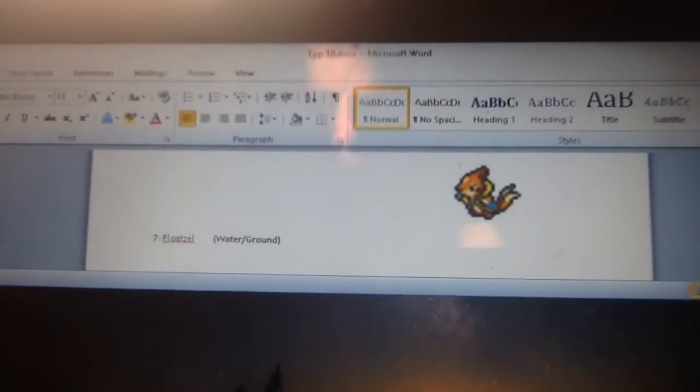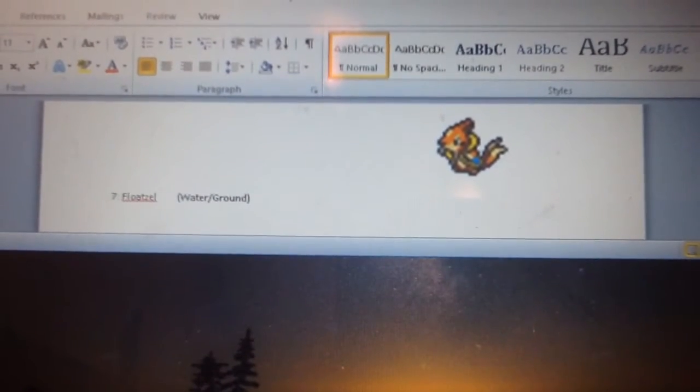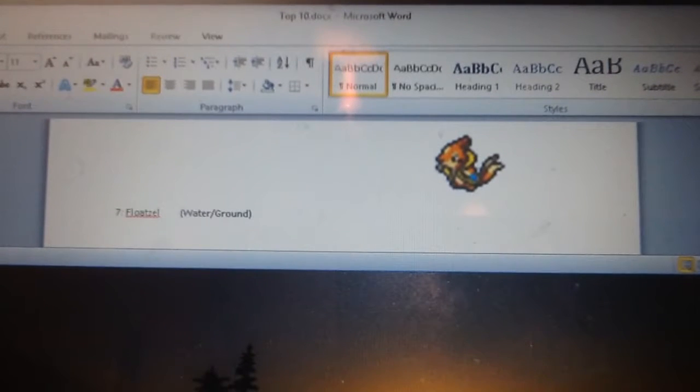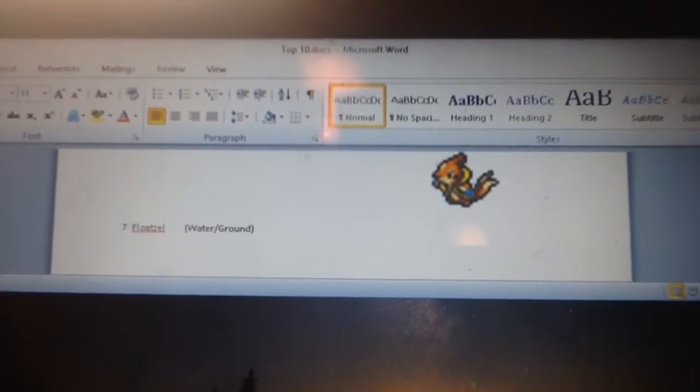So yeah, I think Floatzel should have an Alola form to be a water ground type, even though he will have a quad disadvantage to grass, but he will be able to cover it anyway. Plus the fact that he's really fast as well. Now for number 6,